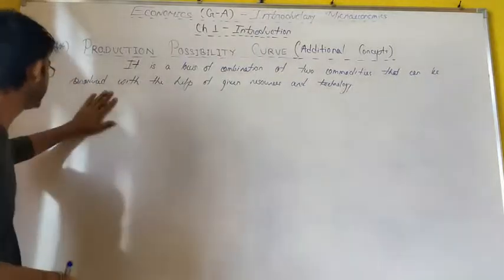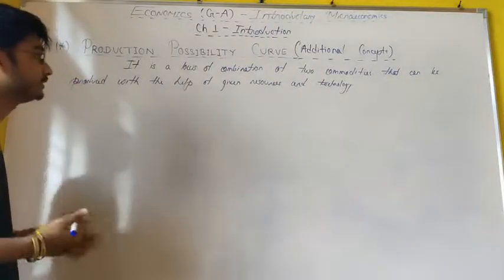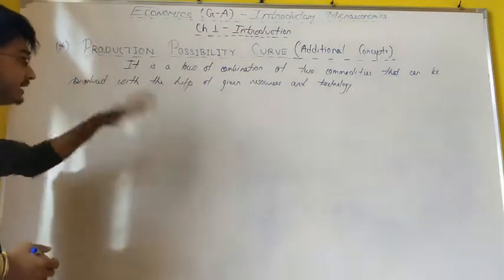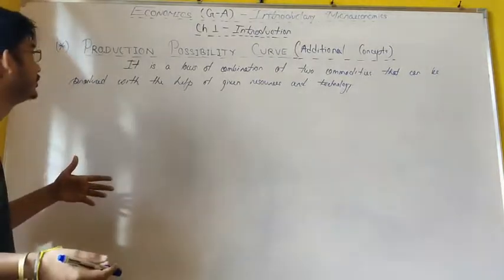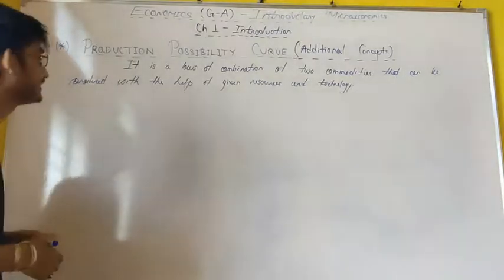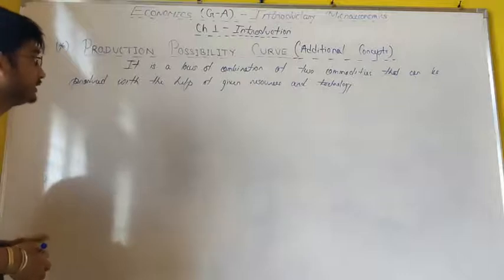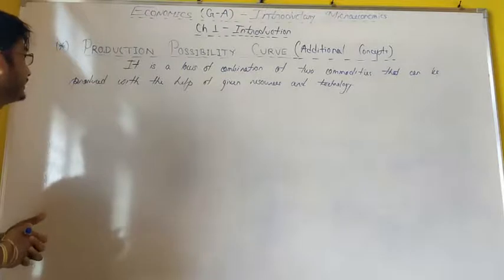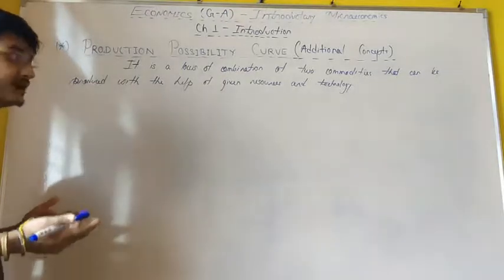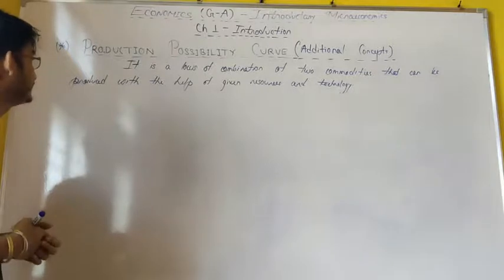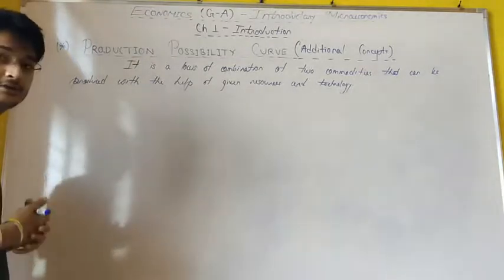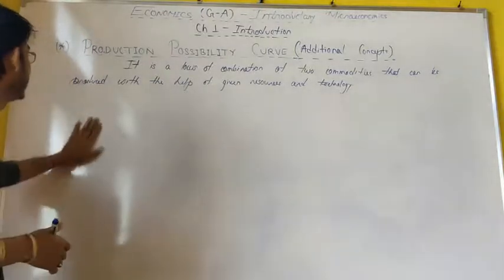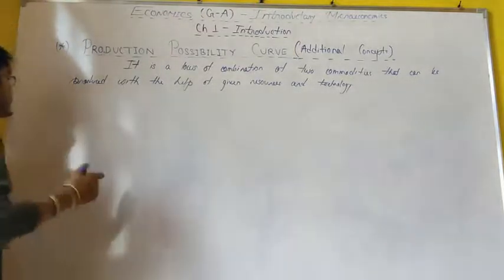Now this production possibility curve is based upon a few assumptions. Why am I writing these assumptions? Because the things I will be discussing in today's video relate to all of those assumptions. If you want to learn more detail on the production possibility curve, please go back to the last video that we uploaded, lecture 7, and follow it. You will get every detail of the production possibility curve. Anyway, the assumptions of the production possibility curve are: